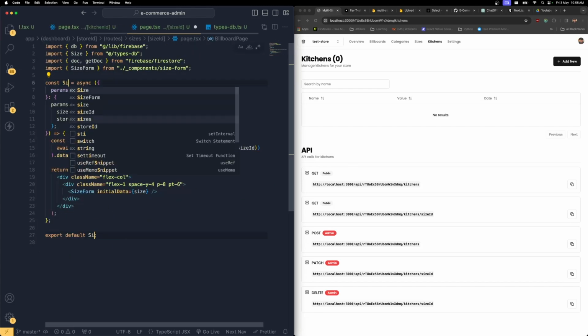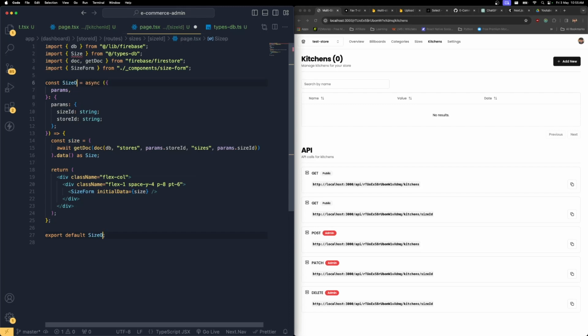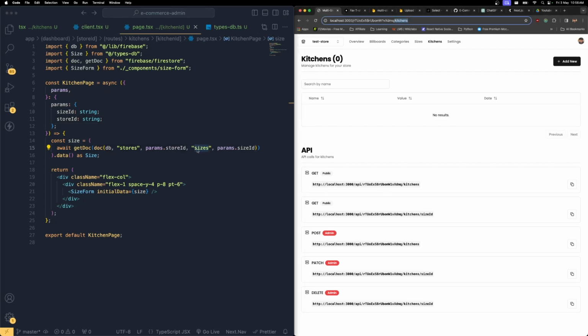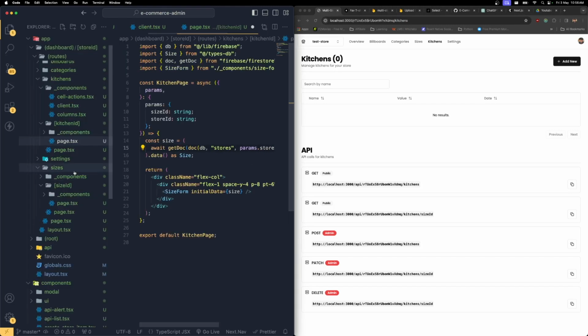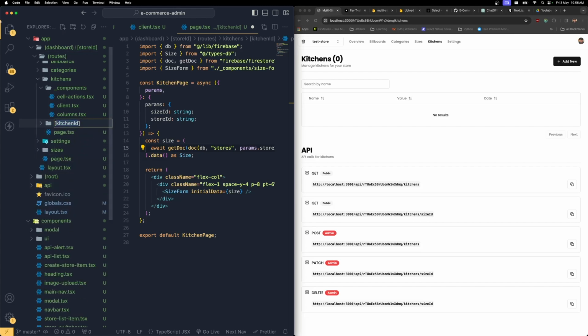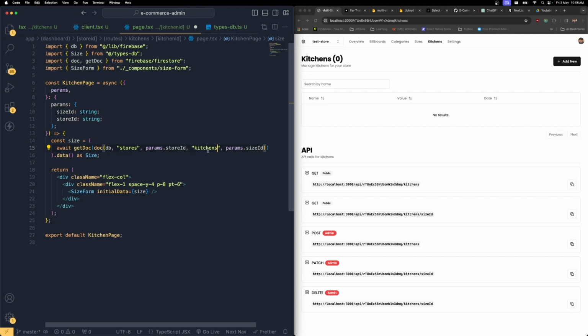So let me change this to size page. All right, save it. Okay, now the kitchen page is changed, and wherever we have the term sizes, we have to replace it with kitchens, and wherever we have the term size ID, we have to change it to kitchen ID. So let's copy this kitchen ID, and instead of size ID, all I have to do is change this to